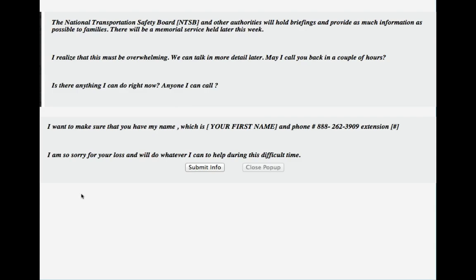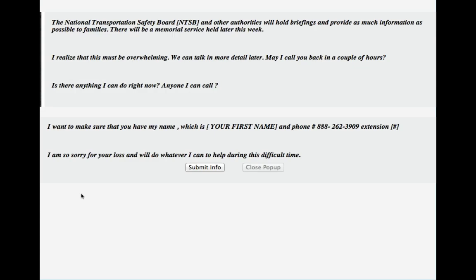The Safety Board, the NTSB, is the National Transportation Safety Board. They investigate all rail, aviation, and cruise line accidents, as well as bus. So they will be involved in any kind of response. So you can read through that and get a feel for the fact that we're not only notifying the family, but we want to make sure that they don't have any immediate needs.